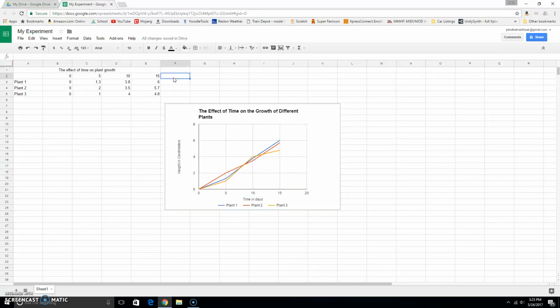And then actually let's just extend the data into day 20. So say after day 20 this plant was 9.6 centimeters tall. This plant was 8.4, and this plant was just a solid 8. And then if we